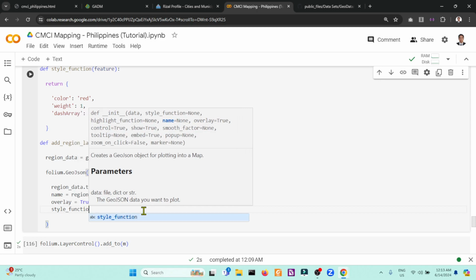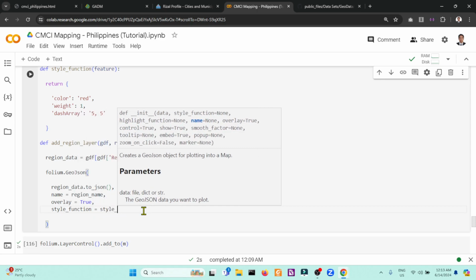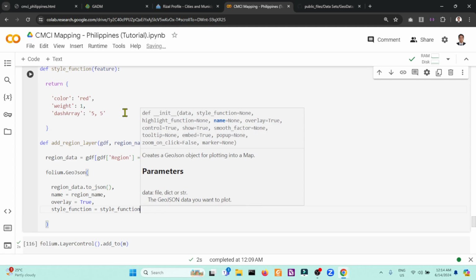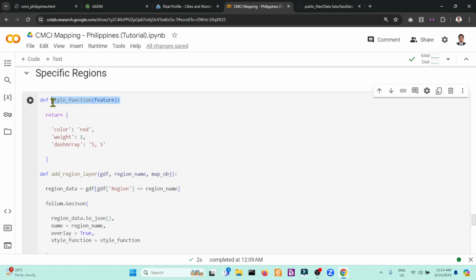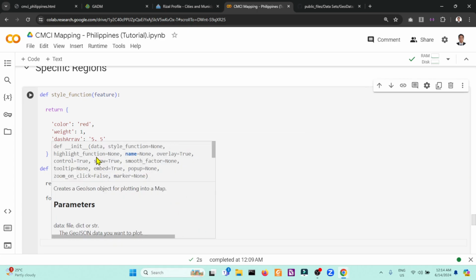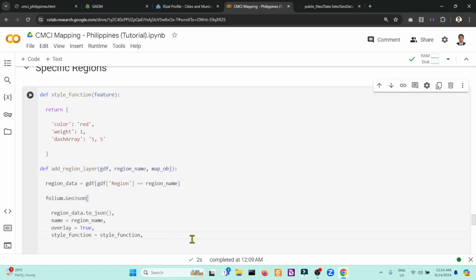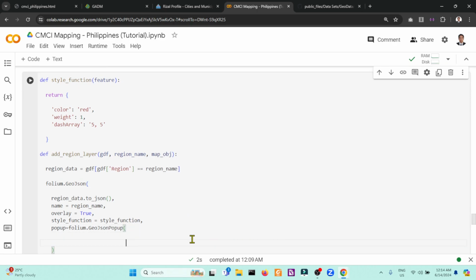Then our style function will be equivalent to our defined style function above. If it is only one parameter, you don't need to provide this feature one. It's automatic. If you provide one argument, it will recognize it as a feature. Then for this one, we will create a pop-up also, but a non-customized HTML is the native settings of pop-up. It will not provide specific settings.